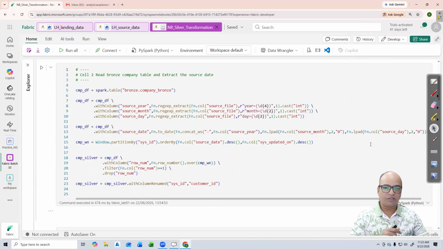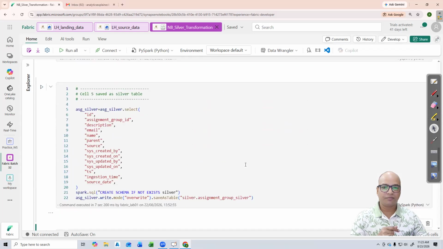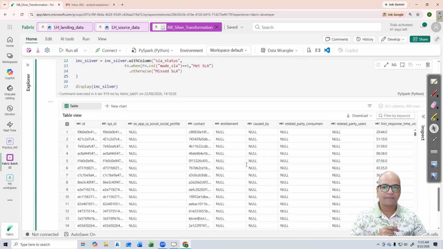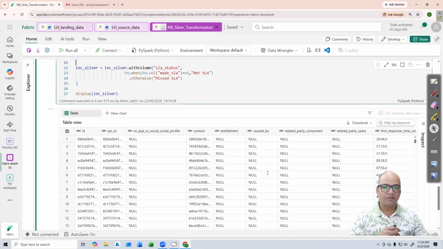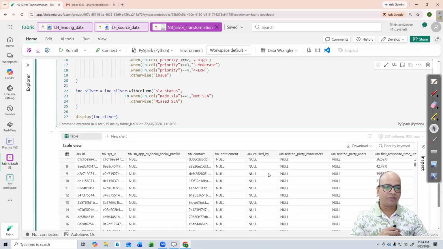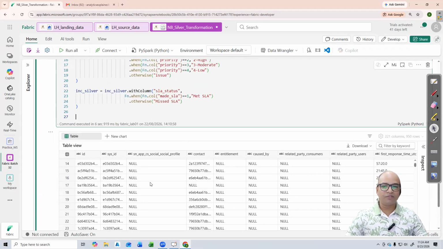So that is what we have done yesterday. Let me just go to the last cell. Okay, so here if you see, we have created a priority name column, and then we have created an SLA status, and we have displayed it and you have seen what we have as a new column there. Okay, so another column which I wanted to have to filter out my data further,